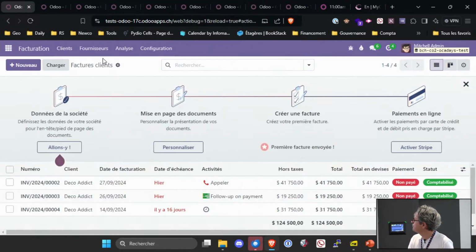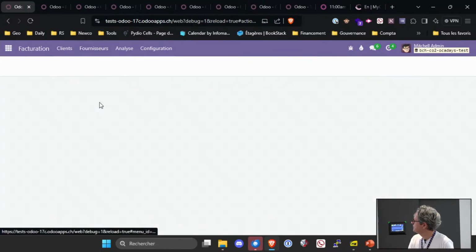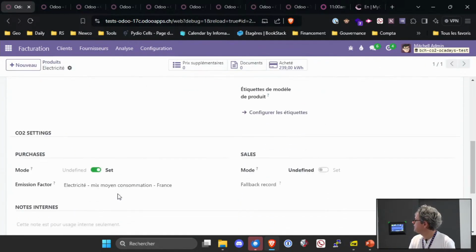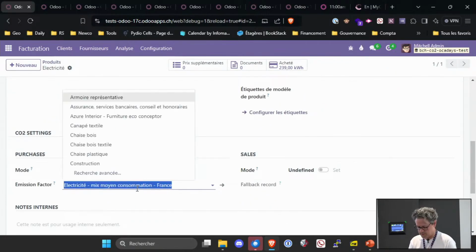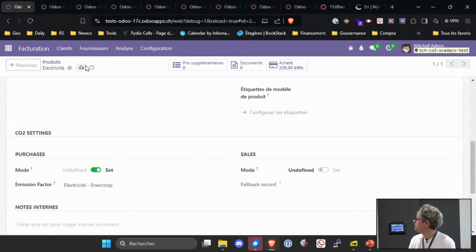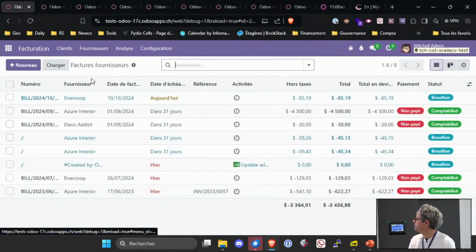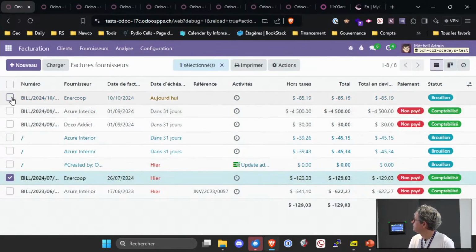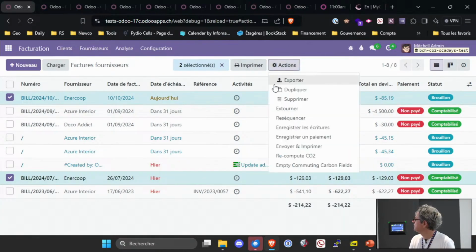Now, we're going to take the electricity product, and instead of saying this is the generic emission factor from France, I will mention that it is the one from Enercop. I take my invoice. I can even pick these two and recompute the carbon.